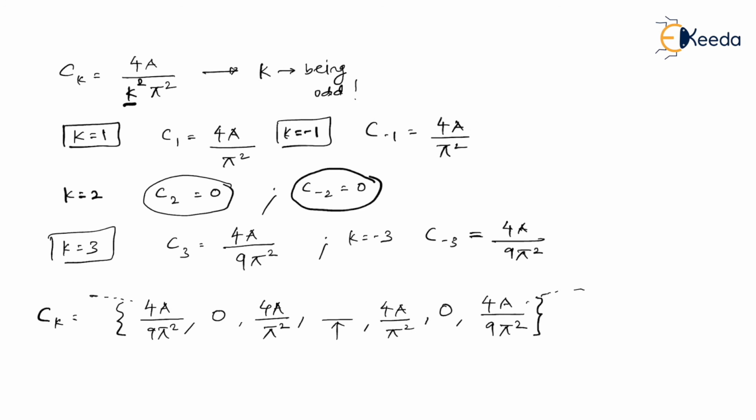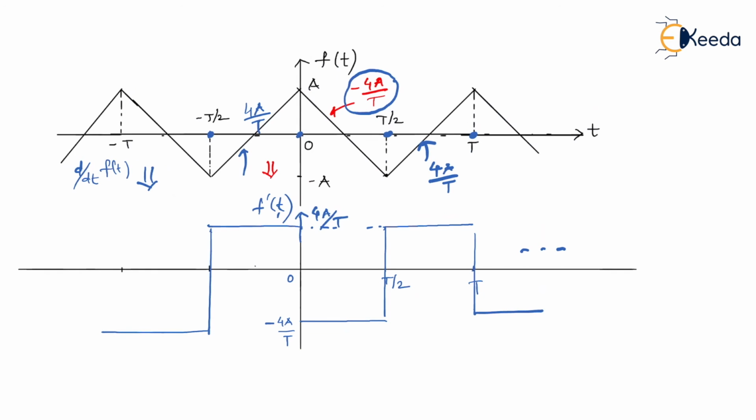So let's get back to the question and we'll try to figure out whether we can guess the value of c naught just by an observation. So please don't forget, Fourier series coefficient for f of t is ck. Am I right? Now, as you can see, value of c naught is nothing but average value. Am I right? So if you see, a positive content and negative content is same. So area under the curve for a complete cycle is 0. It means definitely DC content equal to 0. So straight away you can write by observation C naught equal to 0.